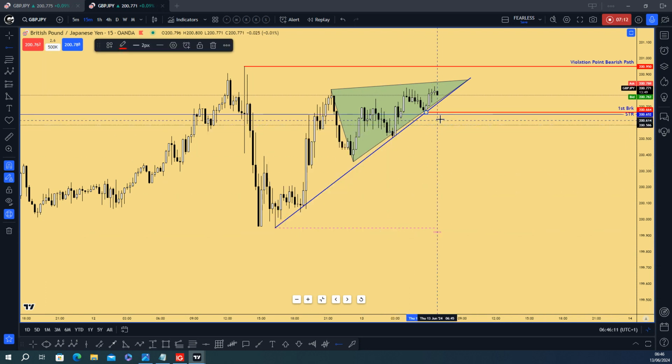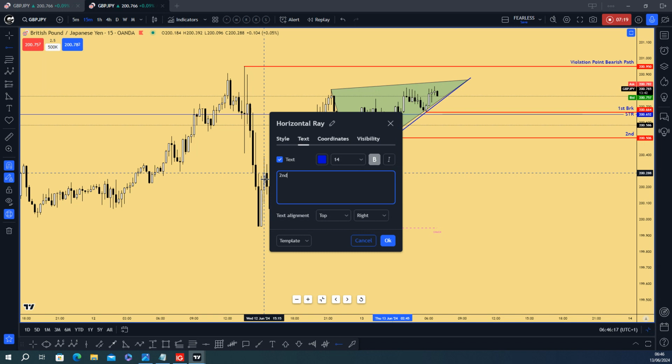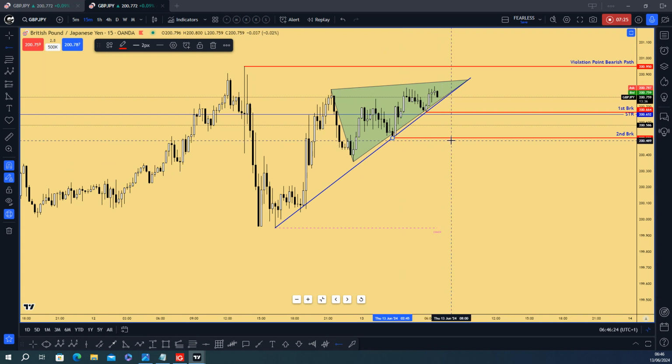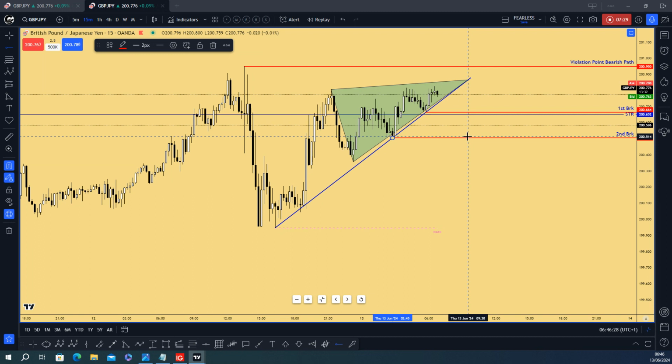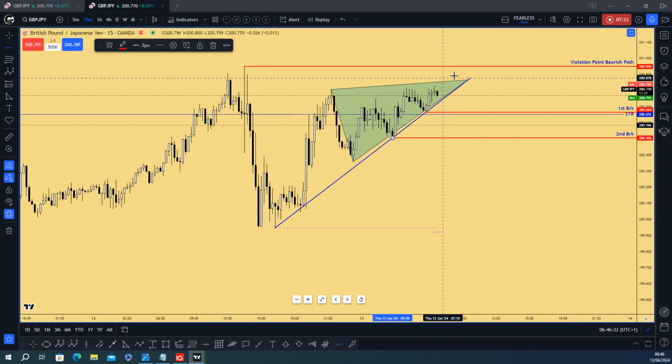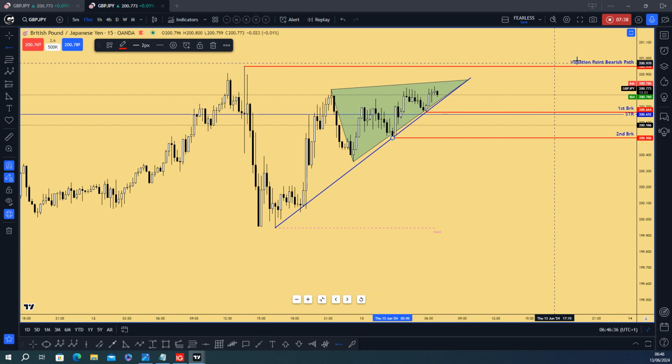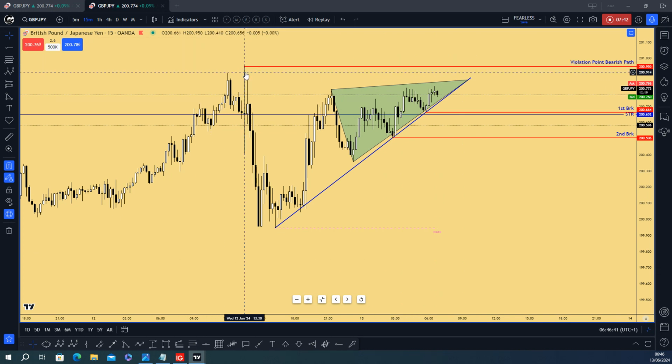Okay, can add some position there, but here is my second break. This will be the second level of selling that I will get involved in. Anything below here, your risk may be too much, but right now the stop loss will come above here, which is the violation point here. So the price there is